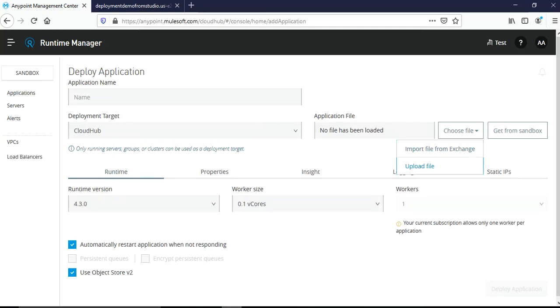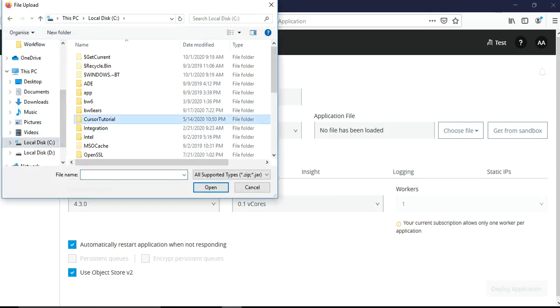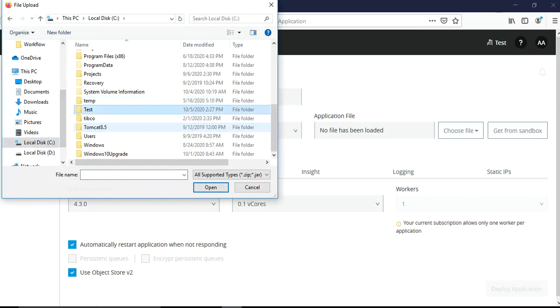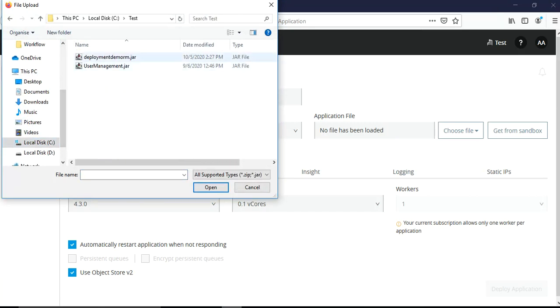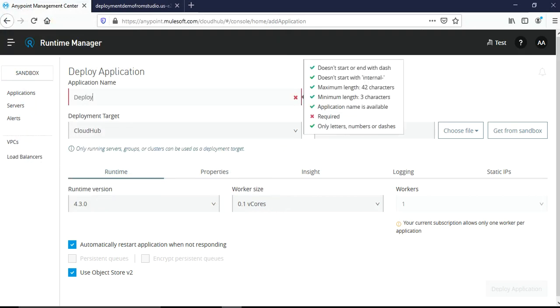And how you can do that, you will have to choose here the upload file option. So I will choose my file, which is in my test folder. I will choose this option, deployment demo rm.jar, and I will select it. Here we will have to give it a name. Let's give it a different name, and we will name it deployment demo rm.